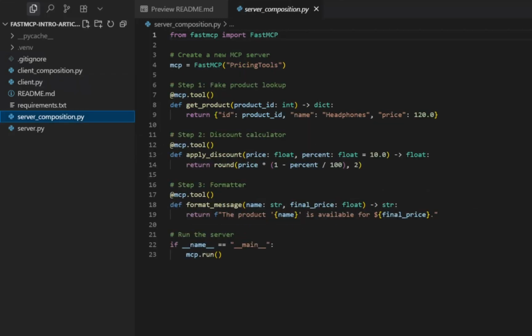In this case, we're calling our server pricing tools, and it's in a file called server composition. So we create an instance of our server by using the FastMCP. We define the first tool, which we're going to be doing a product lookup. Again, all tools are defined with mcp.tool. So we define a tool get product, which receives a product ID and returns a dictionary, which is the product